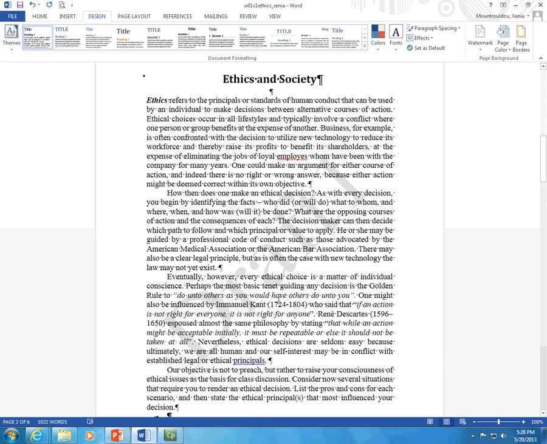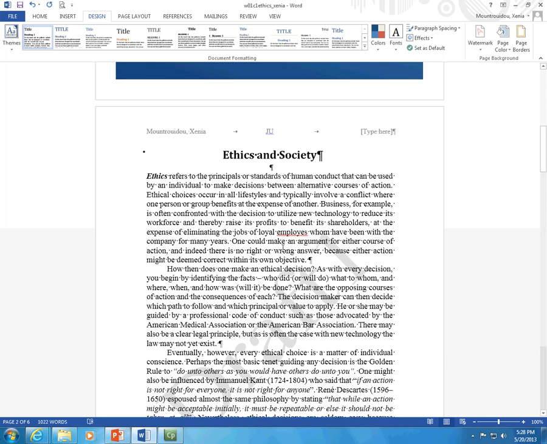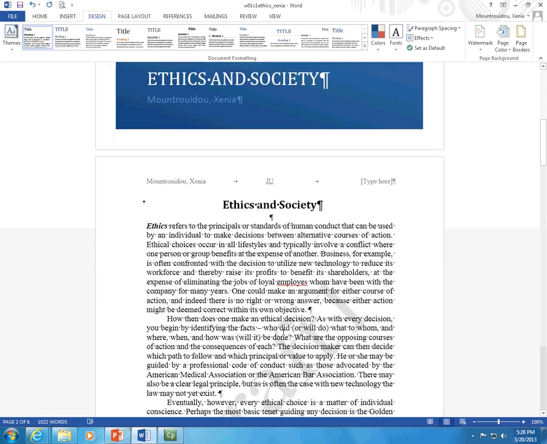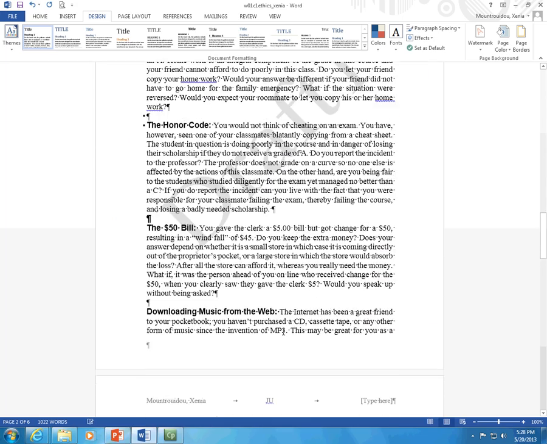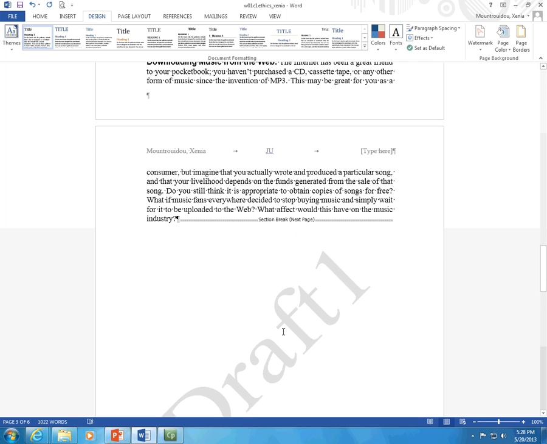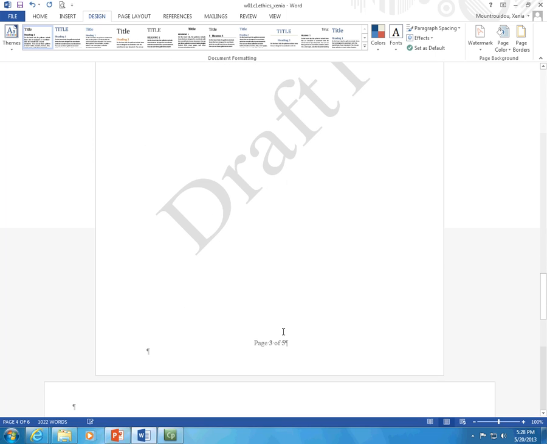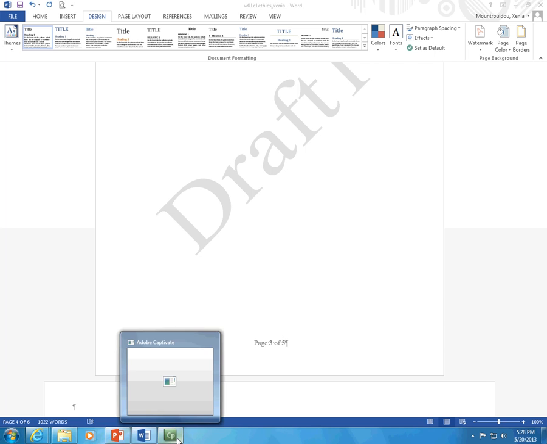So now guess. Is this watermark going to be applied to both section 1 and section 2? My section 1 is the portrait pages, and section 2 is the landscape pages. So pause the video, think about it,